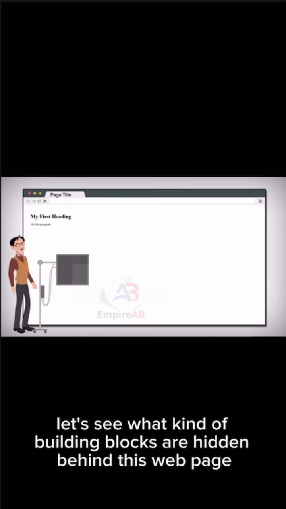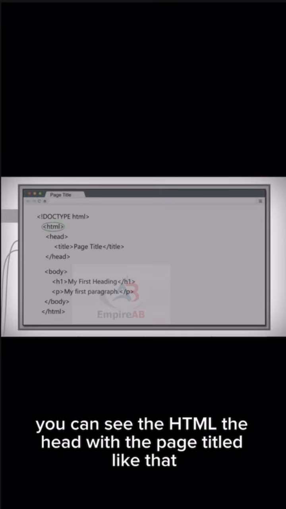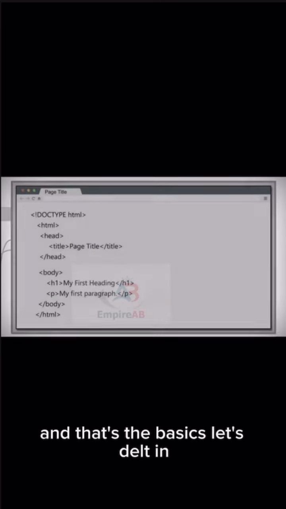Let's see what kind of building blocks are hidden behind this web page. This is a visualization of an HTML page structure. You can see the HTML, the head, with the page title below that, and then the body under that. And that's the basics. Let's delve